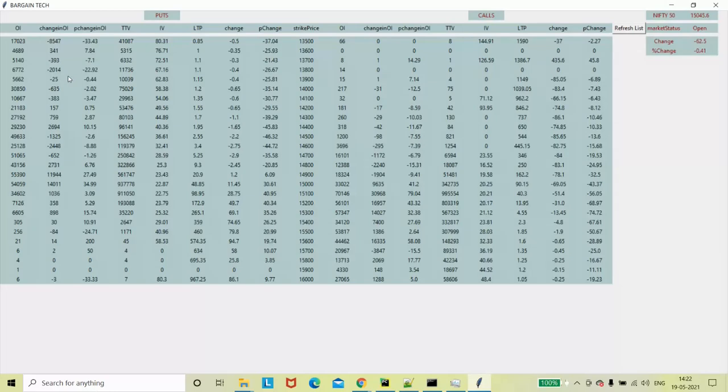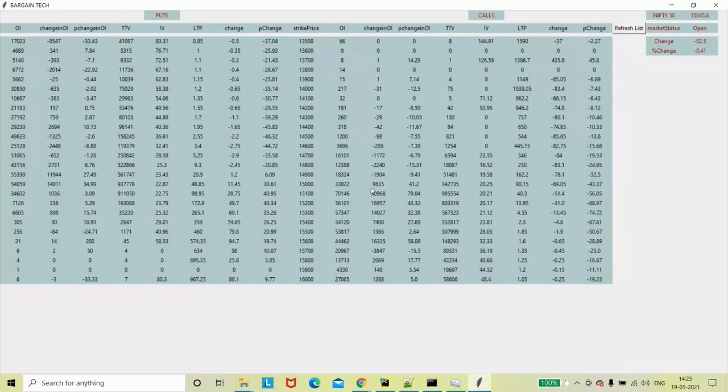So you can make a judgment here also. If the market is going down and you see some puts with change in OI in a negative phase, you can understand that if the market is going down and the puts which were being written are now being covered, then there is short covering in the puts.